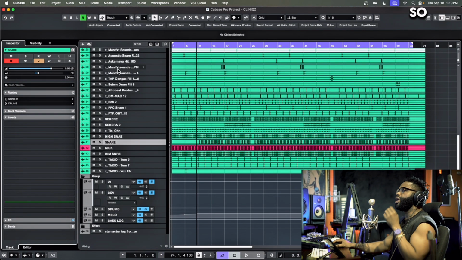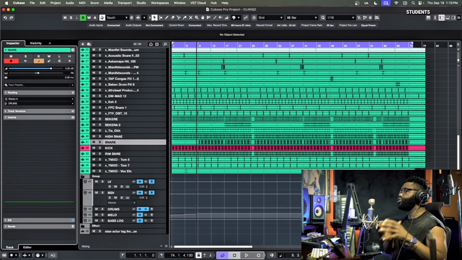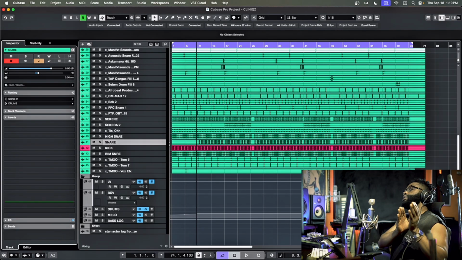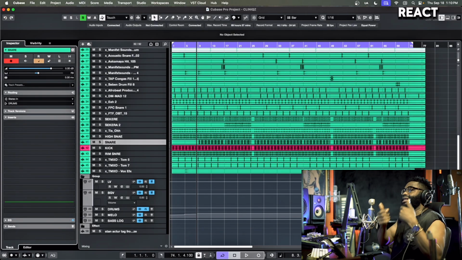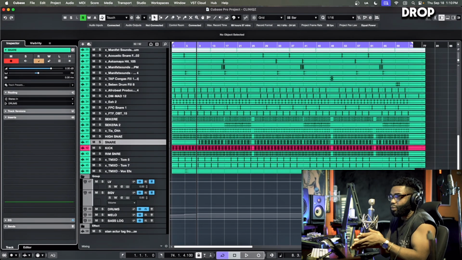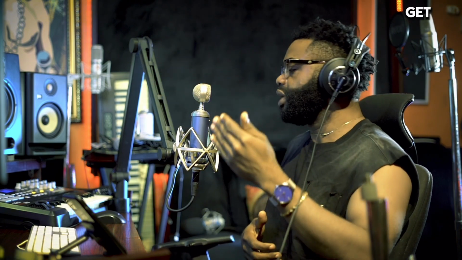Do you get? So my next tutorial will be how to use serial compressors. Serial compression, because one of my students actually asked me this question, and I want to let everybody know. The difference between you and my student is he will be able to react and ask me questions based off of anything I teach here. But you, if you ask me, I'll just type. But if he asks me, I might even do a video for him explaining further. Do you get? That's just the difference.